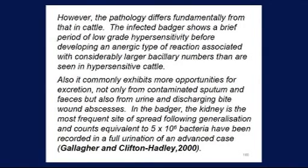However, the pathology differs fundamentally from that in cattle. The infected badger shows a brief period of low-grade hypersensitivity before developing an allergic type of reaction associated with considerably larger bacillary numbers than are seen in hypersensitive cattle. Also, it commonly exhibits more opportunities for excretion, not only from contaminated sputum and feces, but also from urine and